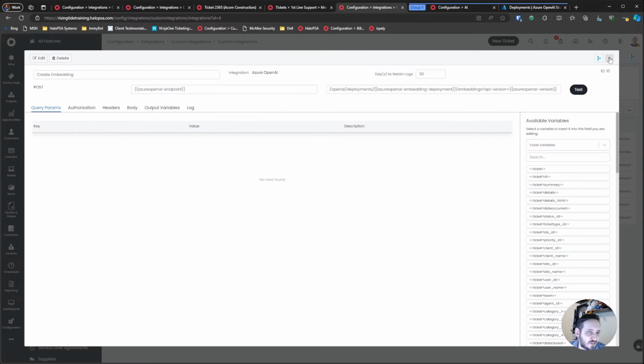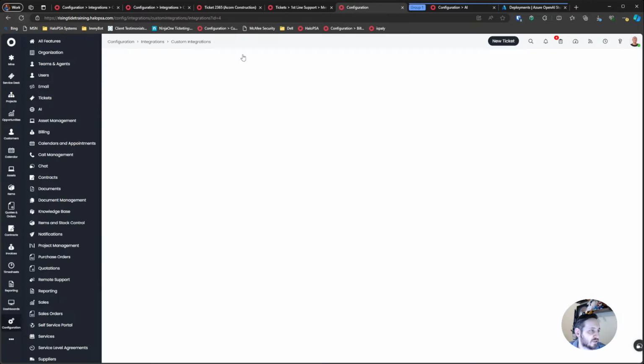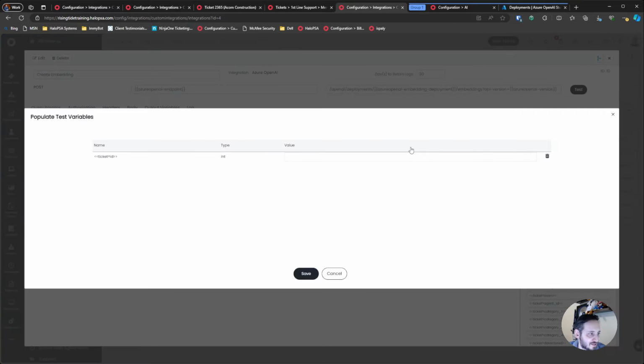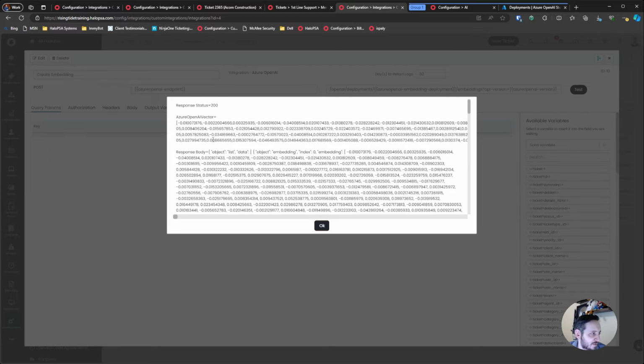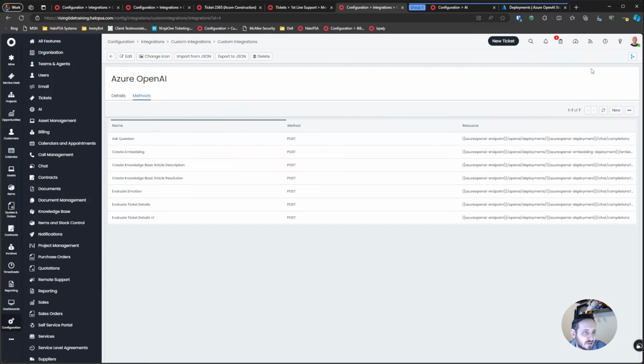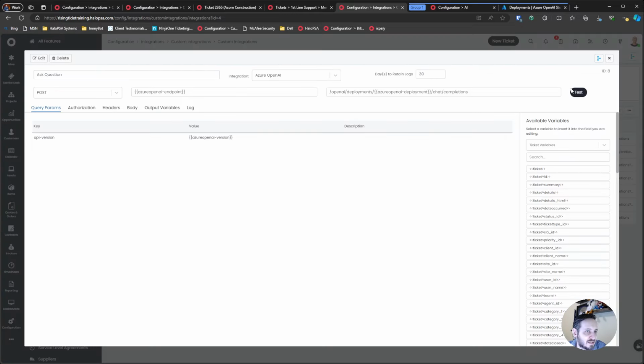We may have to refresh. I'm just going to refresh this page so it loads the latest version. And we're going to come back here, create embedding, test that 2188, test. There we go. And now we have an actual vectorization of the ticket. If I go back again, do wrong one. If I do a test of the ask a question,